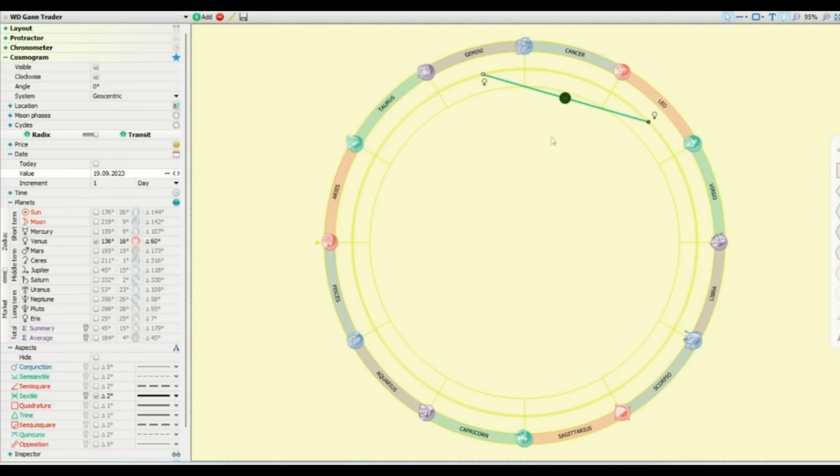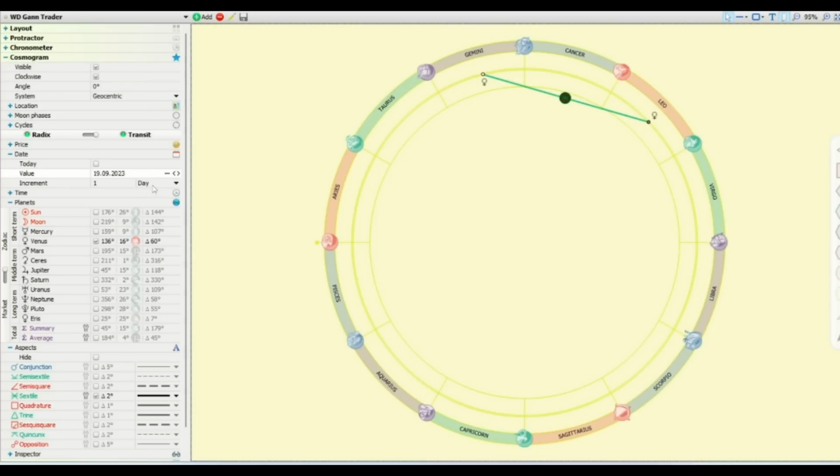One important point to keep in mind is that we will not consider the dates which come in the retrograde movement of any particular planet. For example, if Venus is in retrograde movement, it means when we are going forward in the date and it starts moving backward, in the anti-clockwise direction, then we can say that planet has started its retrograde movement. So if any planet is in retrograde movement and in that period it is forming an aspect with any other planet, then we will not consider that in our today's strategy.